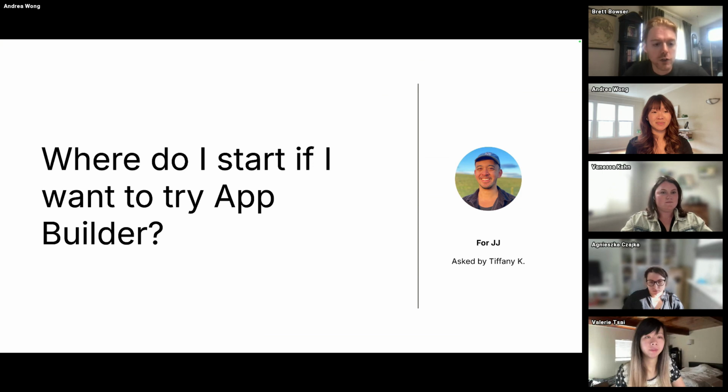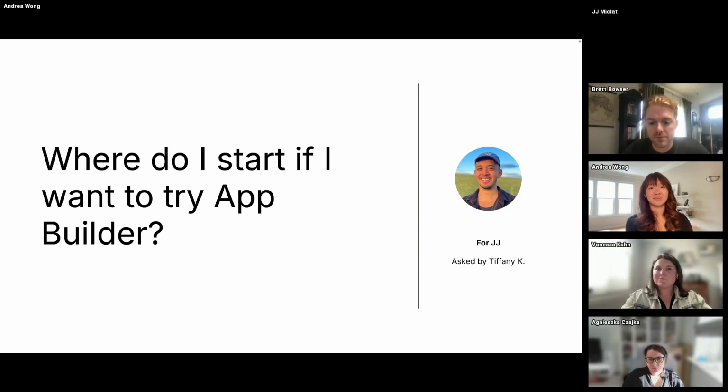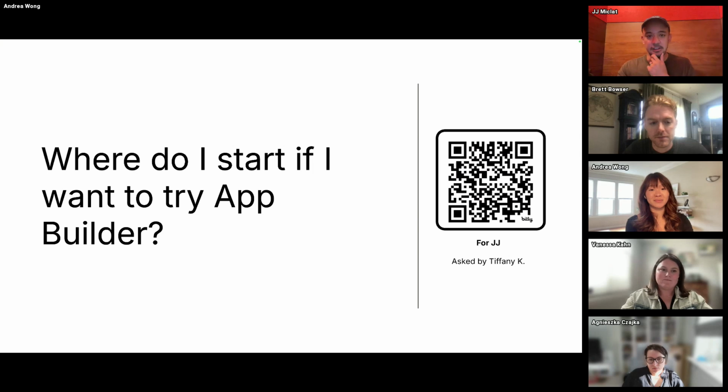Where do I start if I want to try App Builder? Sign up on our EAP forum, which we shared if you scroll one more slide, Brett, and you'll get access in under 2 business days. Again, assuming you're a Zendesk customer on Suite or Support and on Agent Workspace, which I believe most folks in this crowd are. We have Help Center articles published that go over sample prompts that you could use to start. But the best way to start is just